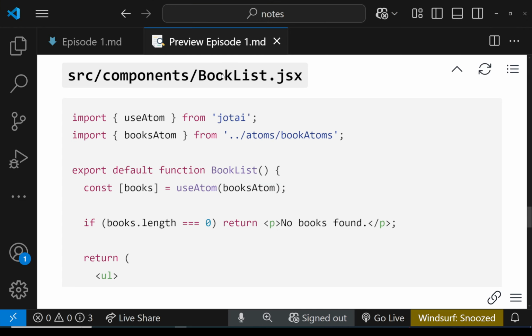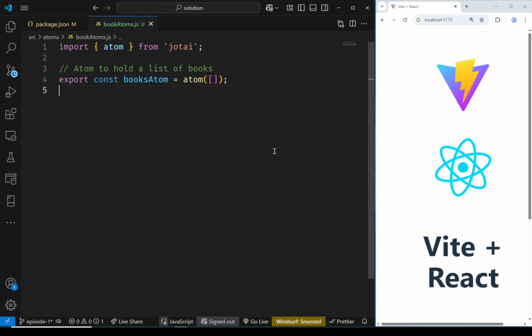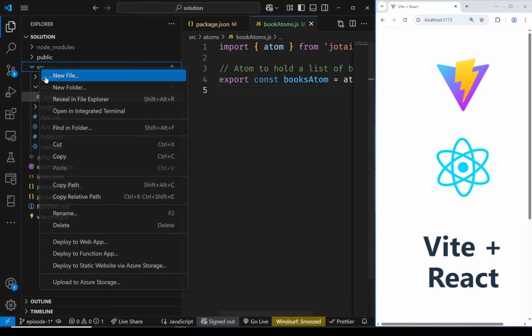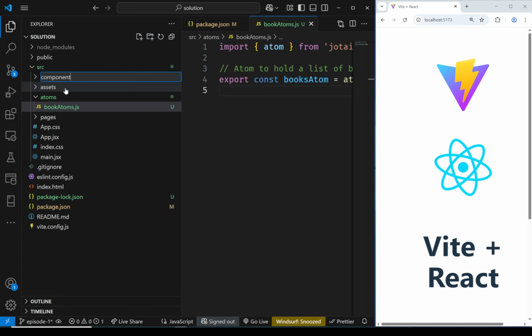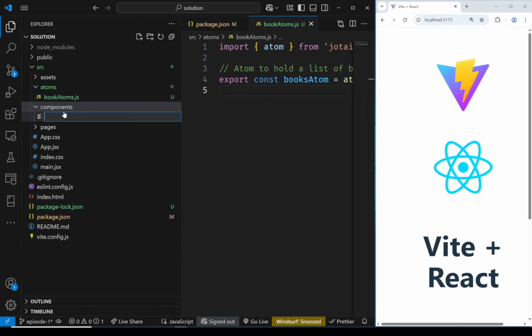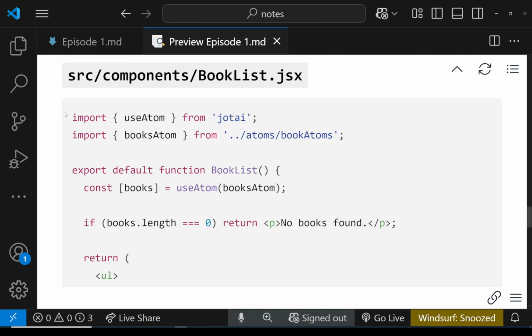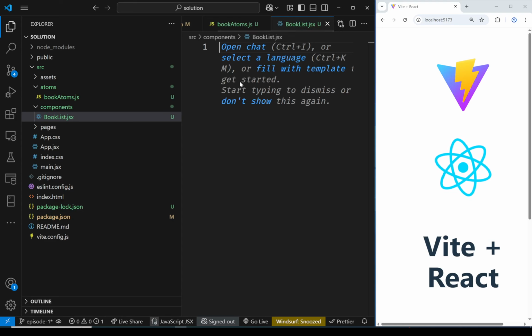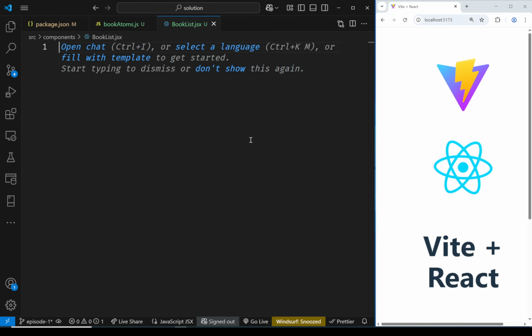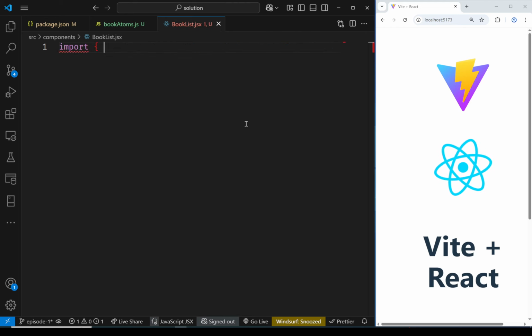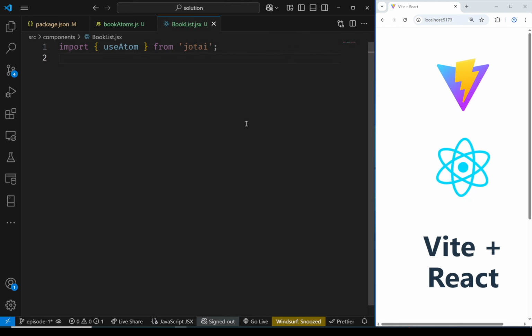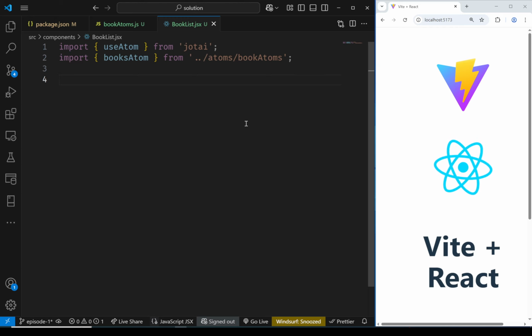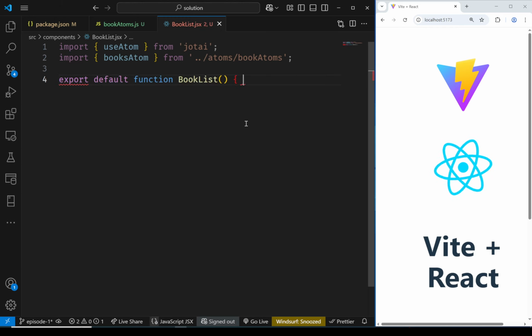So let's go ahead and create this book list component in my components folder. I'm going to go to my src, components. The name was BookList. Yes, BookList. And then I am going to write the code for the BookList component. I'm going to import useAtom from Jotai. I'm going to import booksAtom from my book atoms file, and then export my BookList component, accessing the booksAtom,